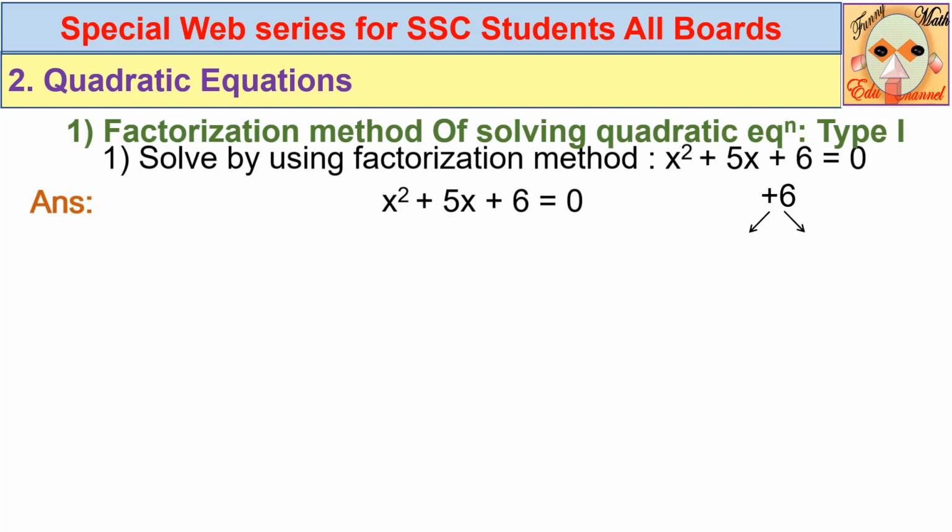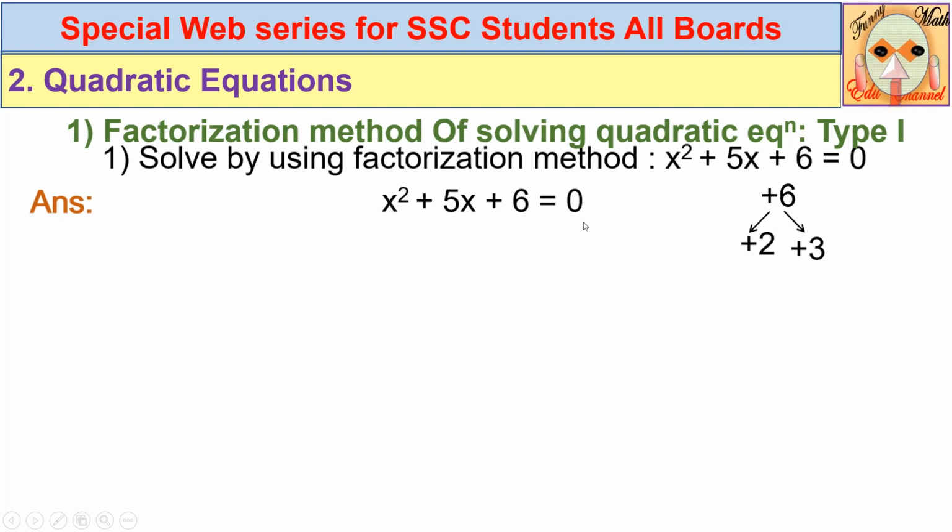Between these two types of factors, you can observe 3 twos are 6, that is 3 and 2, and those two factors give you the sum 5, which is the coefficient of the middle term. So we are going to take the factors as plus 2 and plus 3, because 2 into 3 you get 6 and 2 plus 3 you get 5. The addition of these two factors is 5 and the multiplication is the constant term, that is plus 6.